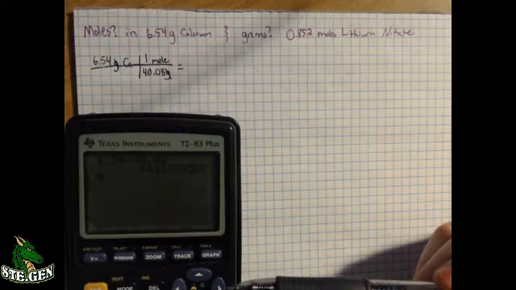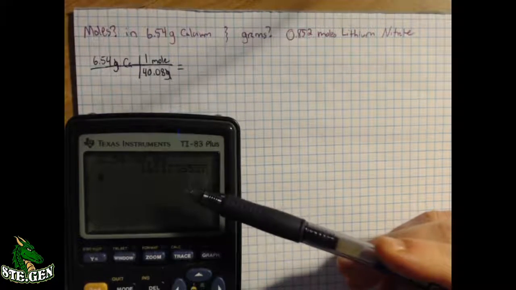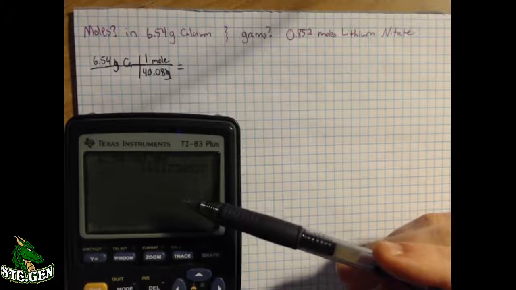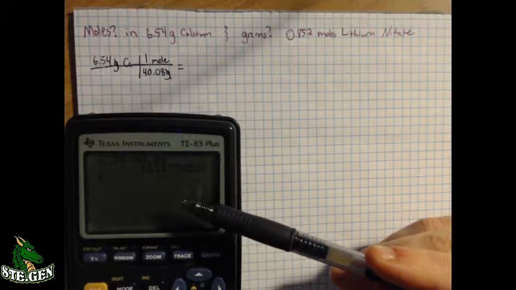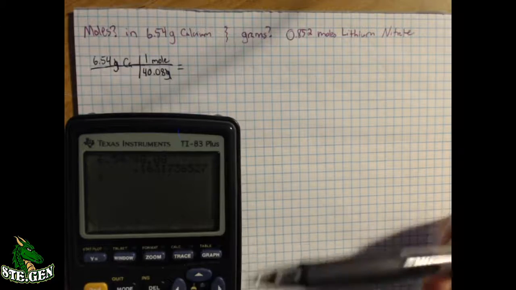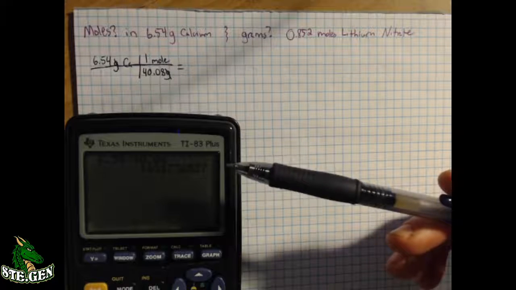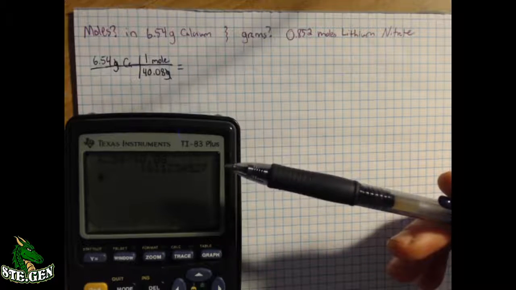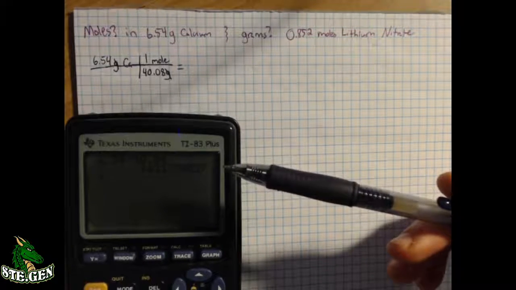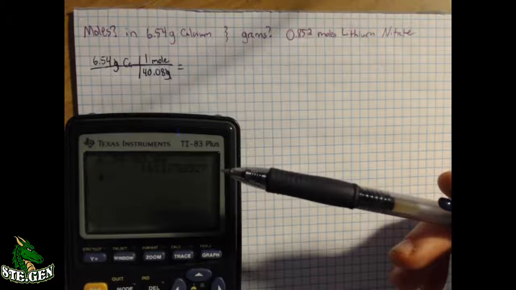The difference would be if we were talking about grams, that's a really small amount of grams. Or if we were talking about particles, you can't have 0.16 of an atom. That doesn't make sense. So just keep that in mind as we go through here. Your particle numbers should be times 10 to some large number, like 20 plus. Sometimes it could be smaller, like 18, 19. But you should never have 3 or 4 particles. If I do that, I'm either trying to make a tricky question or you've done something wrong if you get